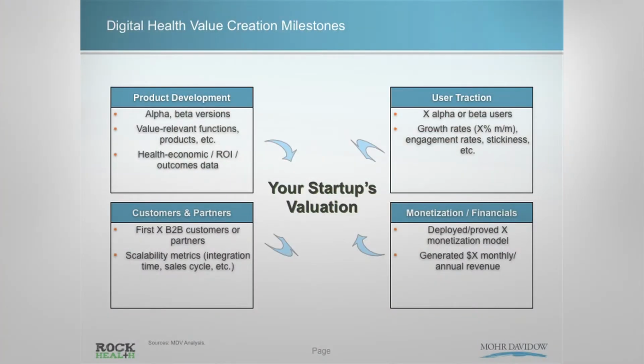Of course, there are some monetization models, so I think monetization and financials are two important parts here. One is hitting particular revenue benchmarks, and those are more relevant as you go into Series B and C stages. But a second component is understanding if there are multiple revenue streams that exist with your product. Getting validation of those separate revenue streams is also something that can be an important milestone down the road.